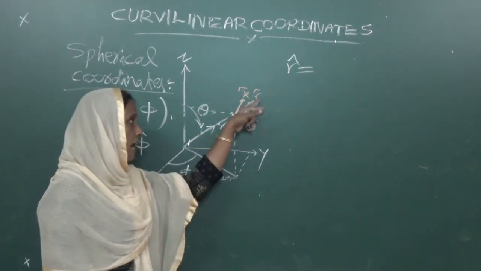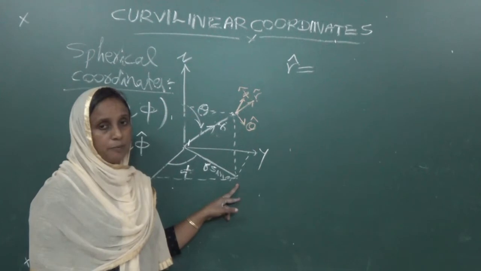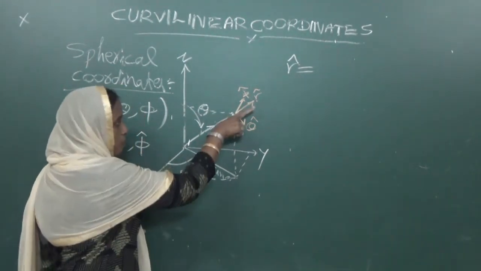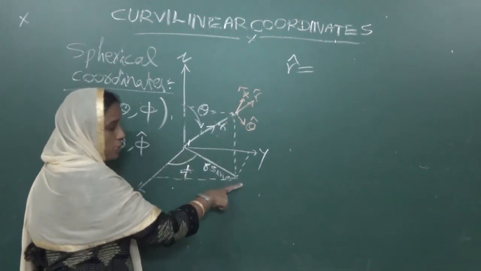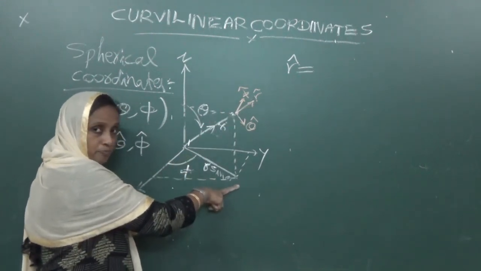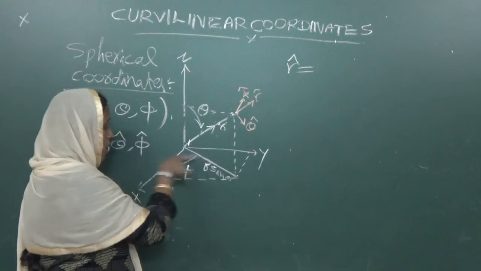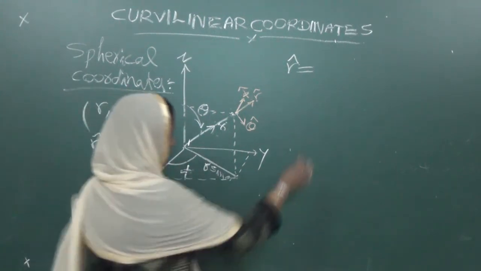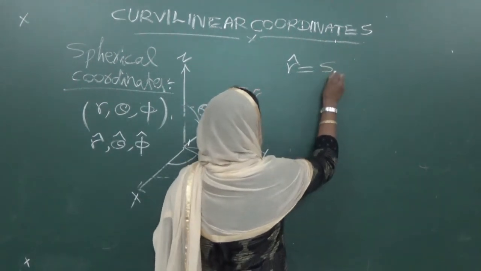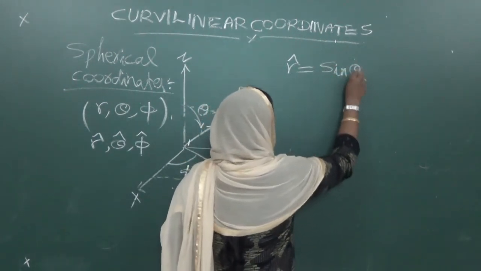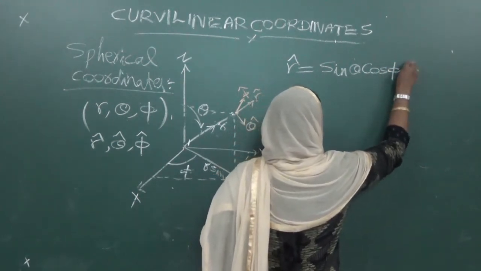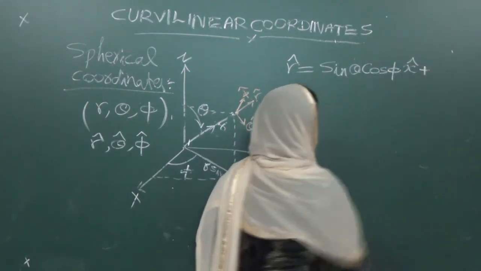For unit vector r cap it is simply sin theta. Then the projection of r cap along this plane is sin theta, and its component along the x direction is sin theta cos phi. So you can write here sin theta cos phi x cap plus